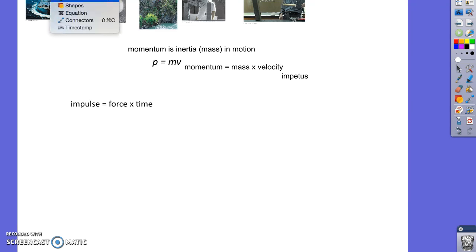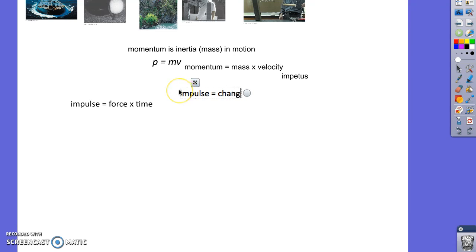So if we're talking about the change of momentum, it's going to be determined by the impulse. Another way to say that simply is that the impulse is going to be equal to the change in momentum. So the greater the impulse, the greater the momentum is going to change. The less the impulse, the less the momentum is going to change. If we wanted to put that into formula form, that would mean the impulse, which is the amount of force,